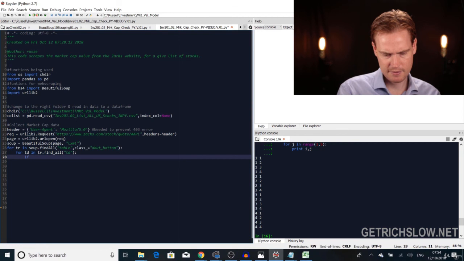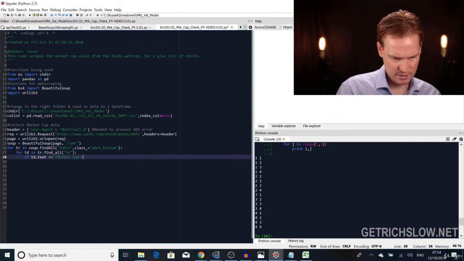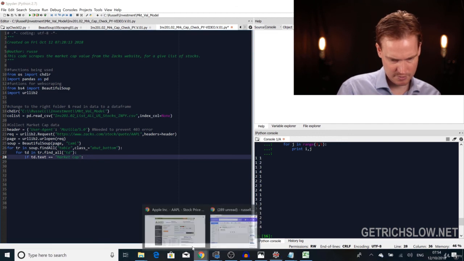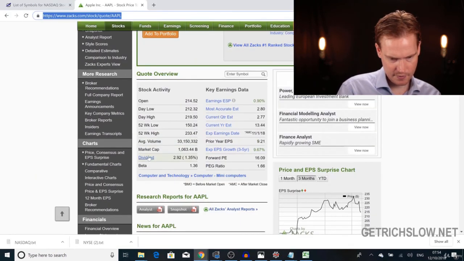We go if td.text is equivalent, so two equal signs means equivalent to, market cap. So we're putting this if statement, which is basically saying if it finds this text, market cap,